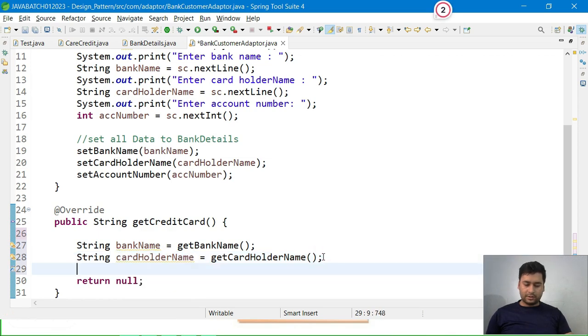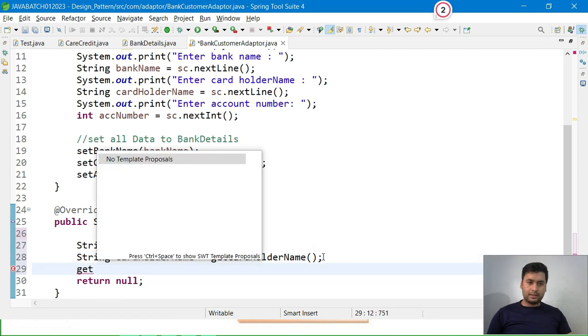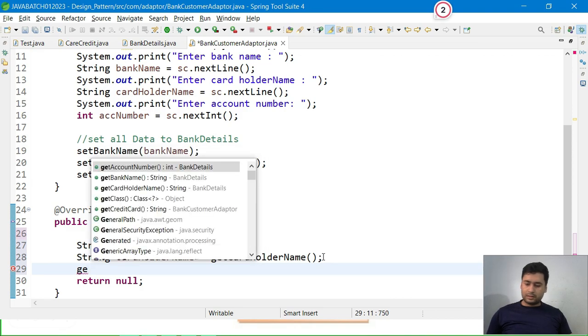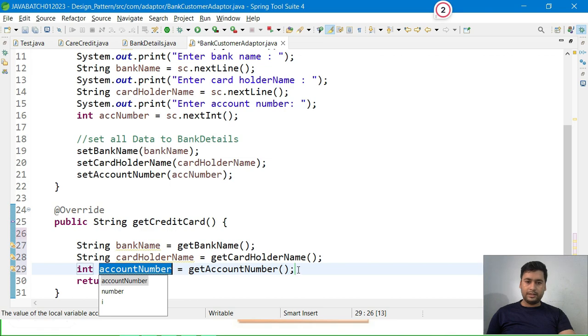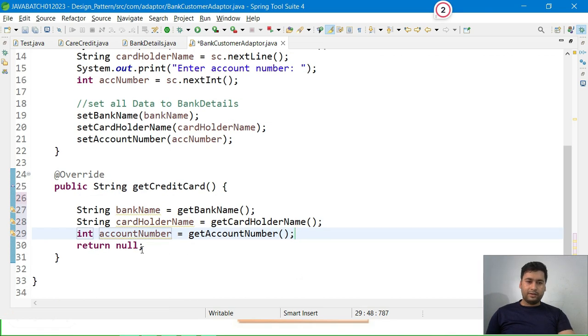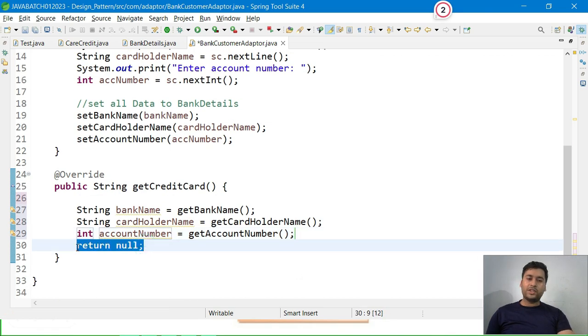Same thing, we can call get account number, and we can store it here, right? And after that we can write toString. In the toString we can send all those data, okay. So whatever the card bank name is, we can write bank name